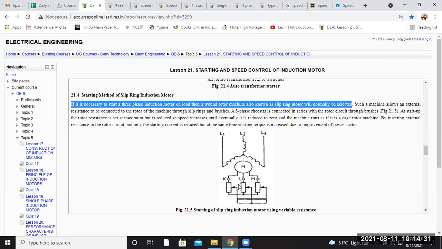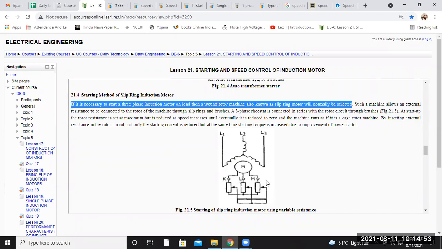Okay, as in the starting case, all the resistances are connected in series, so a low value of current will flow. The series resistance will allow a very low voltage to flow. That's why we use external resistance in series connection. So that is the simple method.